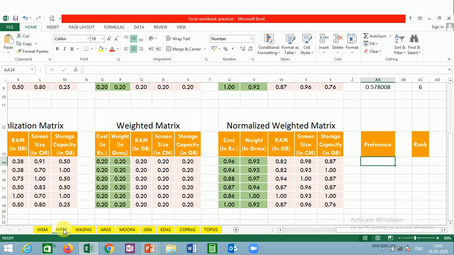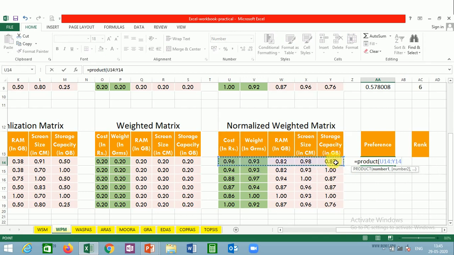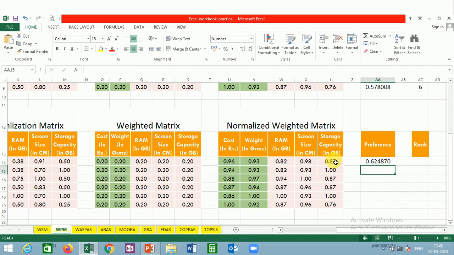So how to get that product value? To get a product value here, you just need to write product, select the entire values, close it and just enter and double click on it, or if it is not working then just drag it here. So you will be having the preference value. Again, if you want to adjust it with the respective decimal point, you can adjust it. Now you are ready with the preference value, and with respect to this preference value, now you are going to